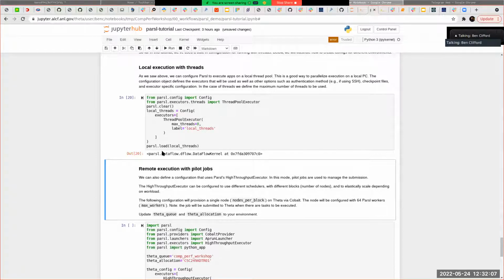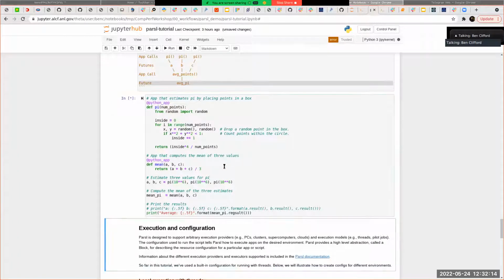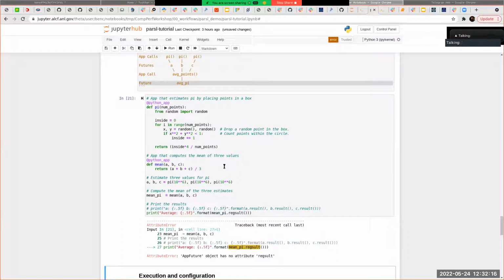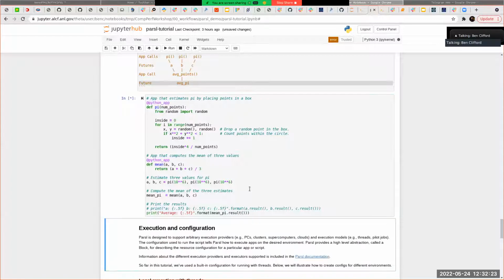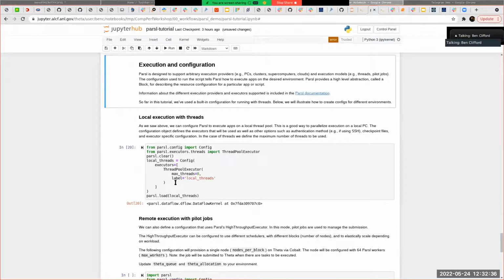So now I've initialized the new Parsl, and theoretically I can just go back here and run the same thing. Oops, I've put a typo in. Result. There we go. And the same code runs. Okay, so I've just swapped out the configuration and run exactly the same workflow code, and it's run. And that probably doesn't look particularly impressive at the moment because all I've done is changed the number of threads